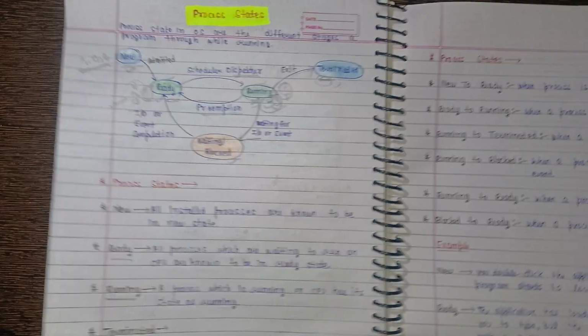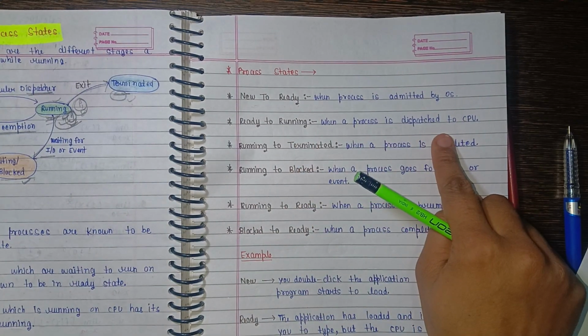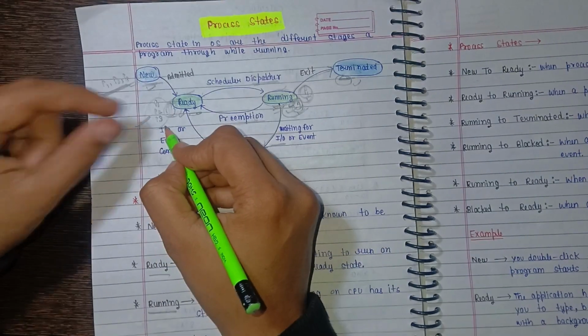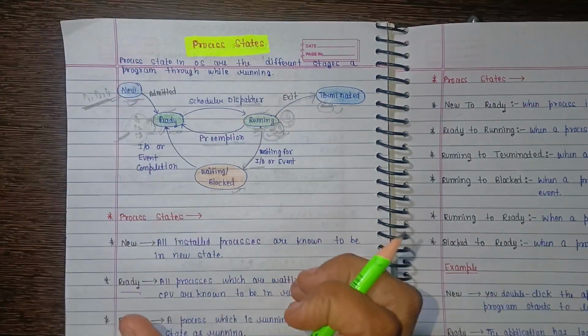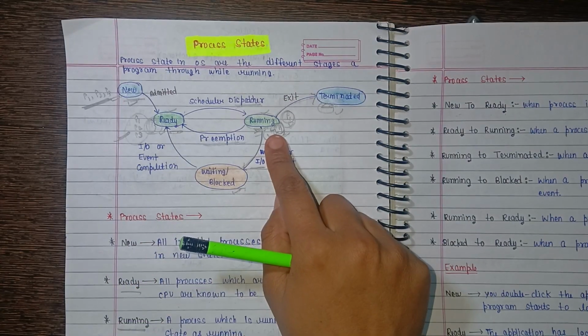Okay, ready to running: when a process is dispatched to the CPU. Here we have multiple processes, but the dispatcher selects and dispatches one process to the CPU, because as we already know,